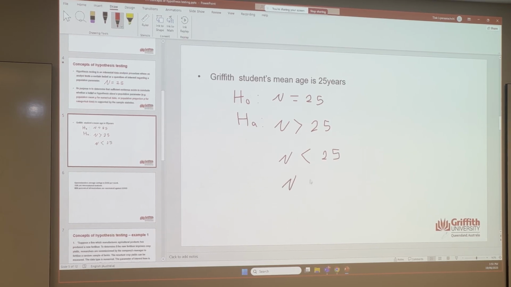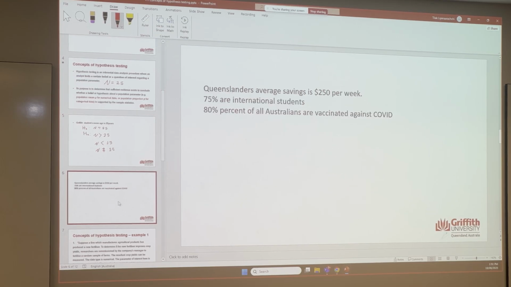Another one. It is different to 25. So that means these are the 3 different alternative hypotheses. You can't have all; you can test only one against the other. So if you look at this one,